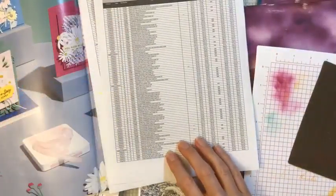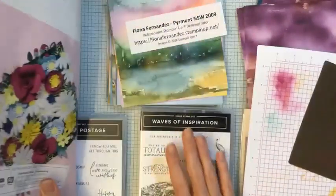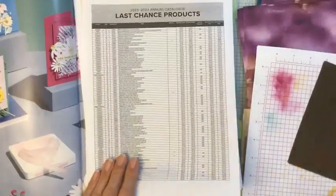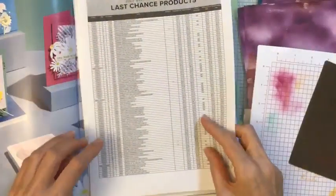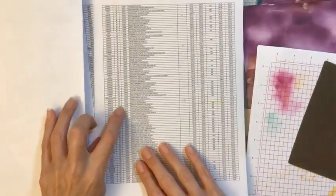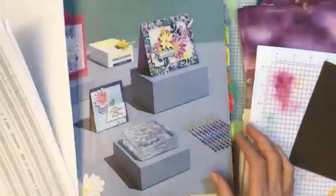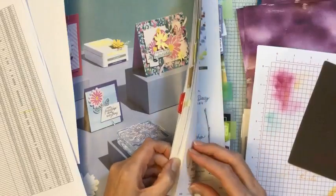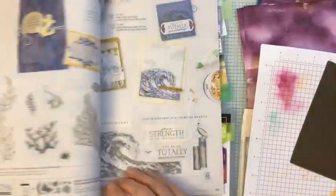Yeah, so on this one with the annual catalogue, this is a little bit trickier. It's in page number. So sometimes, let's use this as an example, the Waves of Inspiration. With the Waves of Inspiration, there's a stamp set and a die set. You'll find it on whatever page I've highlighted it, so we can find it quickly. It's on page 113 of the catalogue. So let's just go to page 113. This is the current annual catalogue, which is going soon. So it's here,